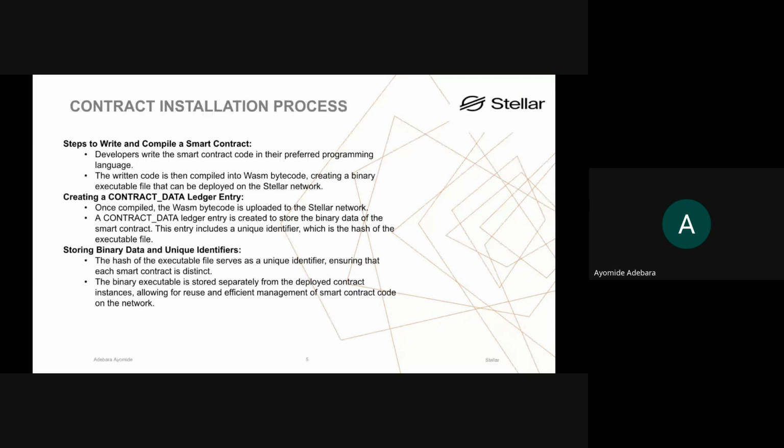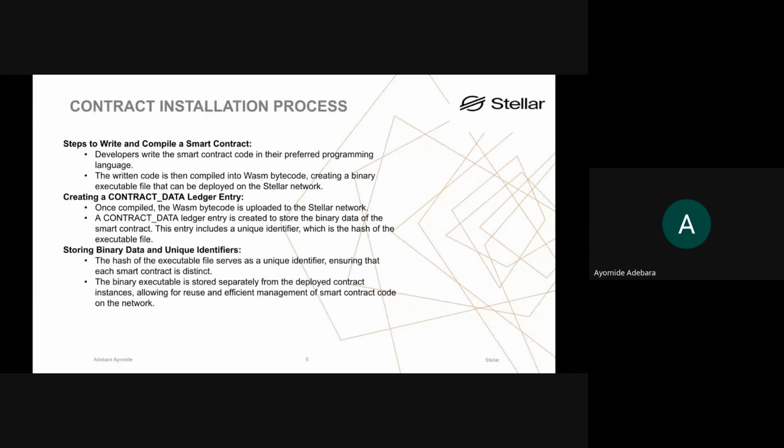Moving on, the binary executable file is stored separately from the deployed contract instance, allowing for reuse and efficient management of smart contract code on the network. So that is exactly what we've just explained: this executable file is literally stored separately from the deployed contract instance.